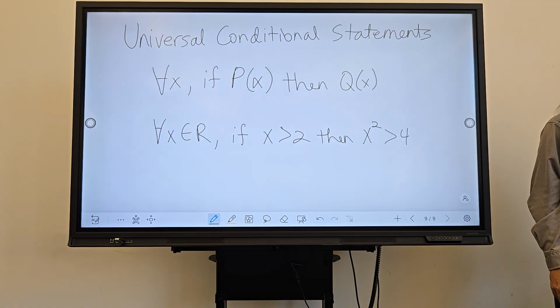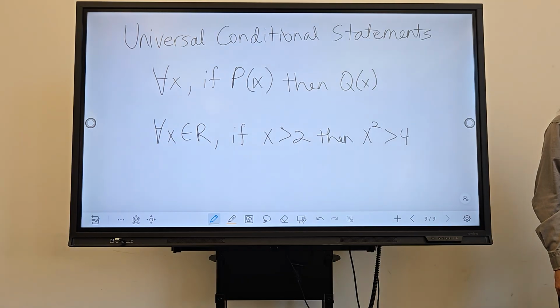How would you say that informally? Pretty close. I'd say for every real number greater than 2, the square is greater than 4. Now, to not use the variables so much, but